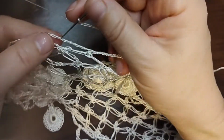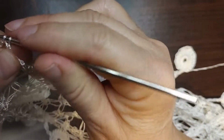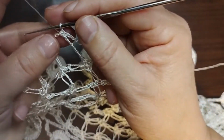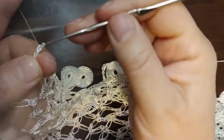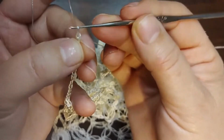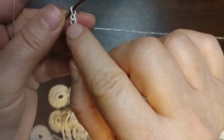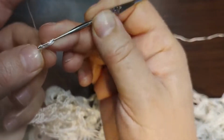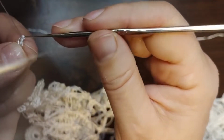What I'm going to do now is insert my hook into the next chain space here, yarn over, pull up a loop, and yarn over and pull through both loops. So I created a single crochet stitch, and I'm going to continue in the same way. Now again I'm going to crochet 15 chains. So 15 chains, let me check please. Now I'm going to pull up this last loop, yarn over, insert the hook in the same place, yarn over again, and now I'm going to yarn over, pull through all these loops, and yarn over and create a slip